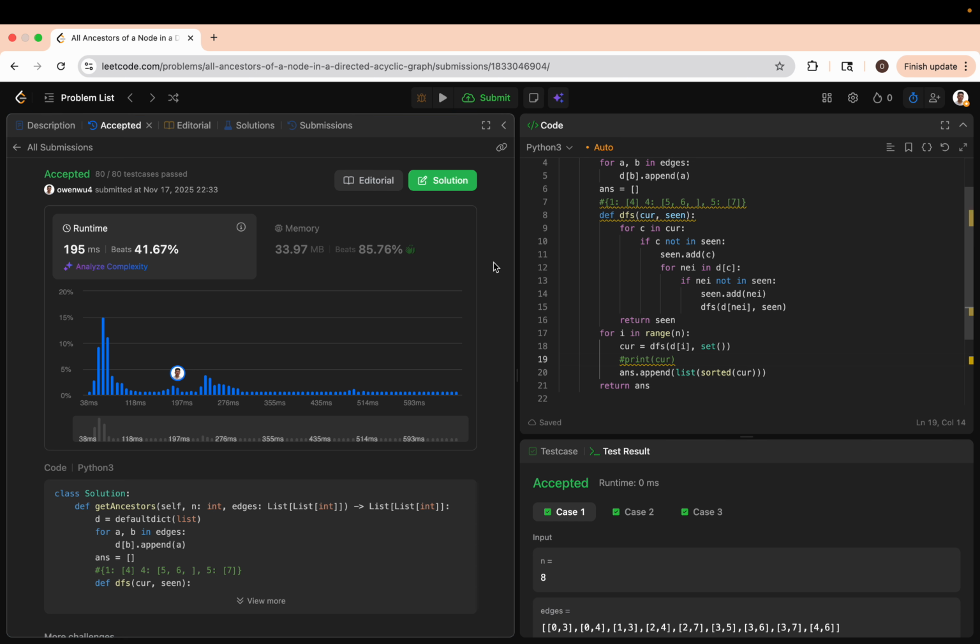So again, I'm super happy that I was able to come up with my own solution to this question without any assistance and solve it